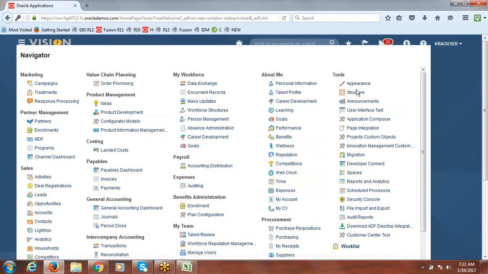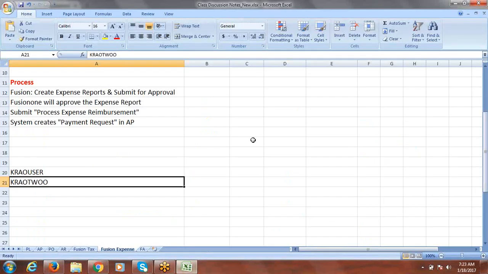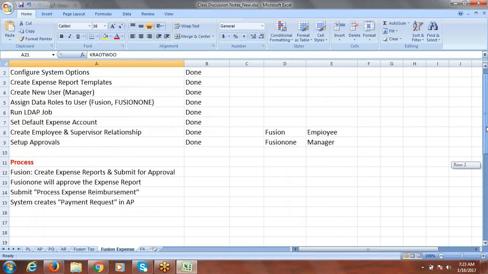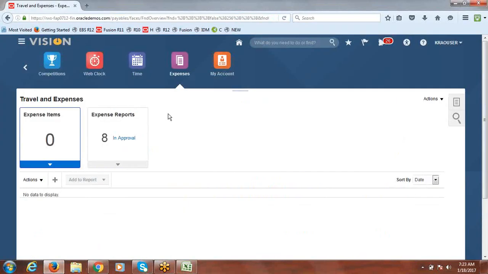The same process we saw in yesterday's session. So here under About Me, you can go to expenses. I completed the same setups we discussed for this user and for this different business unit. This is a totally different enterprise which was created.